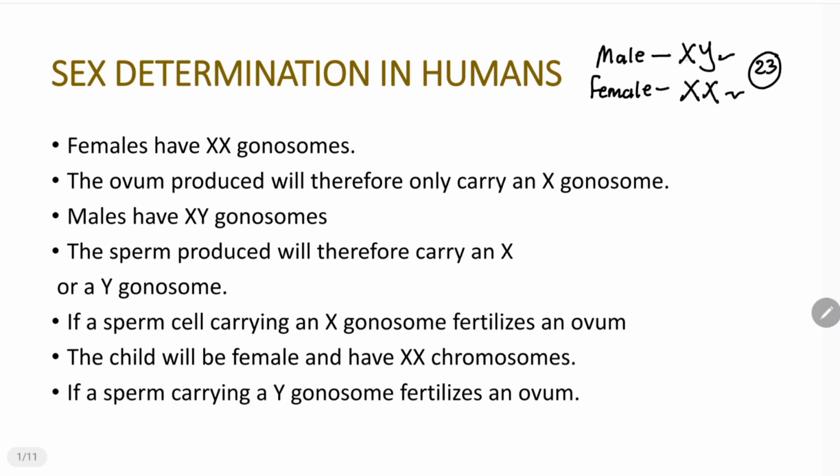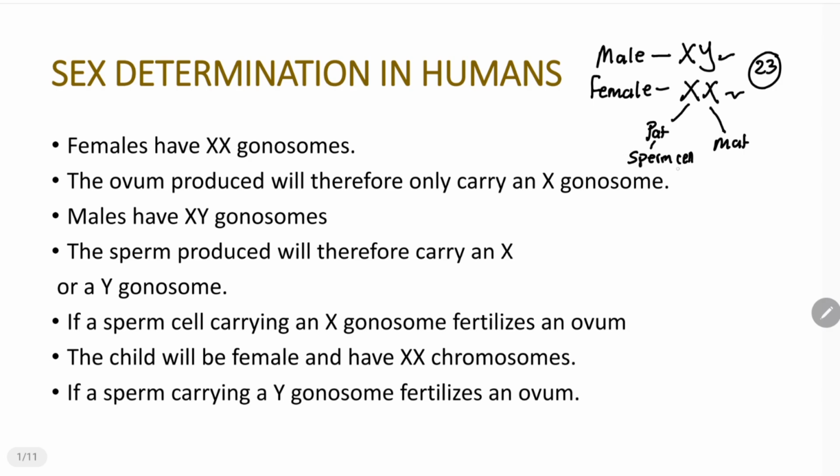Now, let's discuss these gonosomes again. If this female, for example, has got the XX gonosomes, it tells us that one of these gonosomes came from the paternal origin and the remaining gonosome came from the maternal origin. That is how it always works. So one chromosome is received from the paternal origin and the other chromosome is received from the maternal origin. The paternal chromosome was received through the sperm cell of the father,